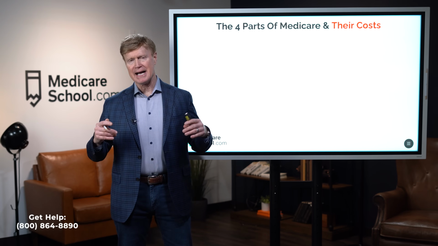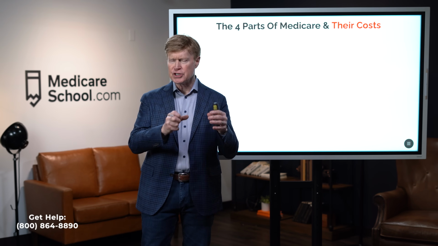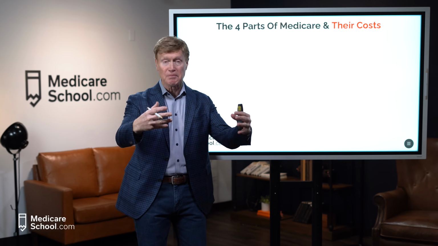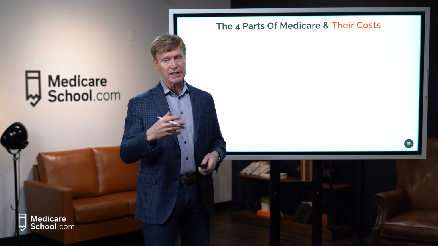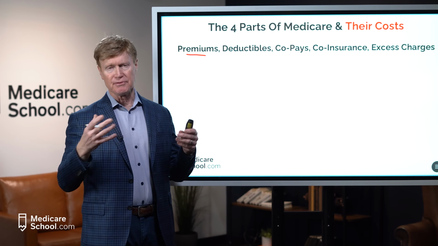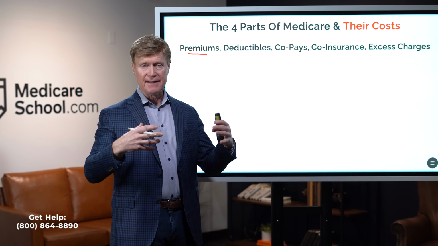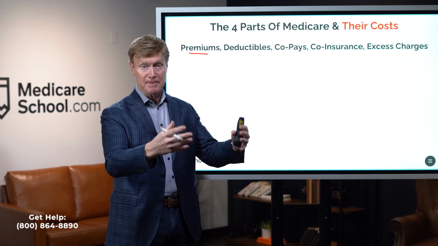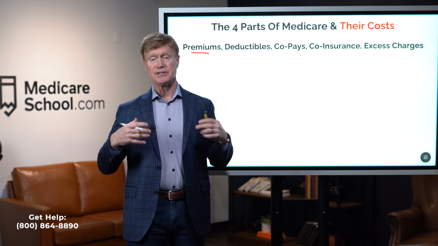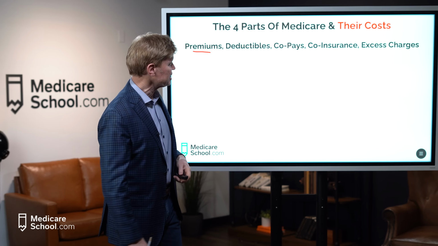Now, I want to begin by looking at the different parts of Medicare and the specific costs associated that we're going to be responsible for as it relates to our out-of-pocket expenses. When we're on any kind of insurance plan, the first thing we have to realize is that there are going to be premiums involved. We enroll into a plan, and that plan has a premium that we have to pay to participate in it. We also have deductibles. A deductible simply means this is something we have to pay before the plan begins to pay. And of course, there are deductibles within Medicare.